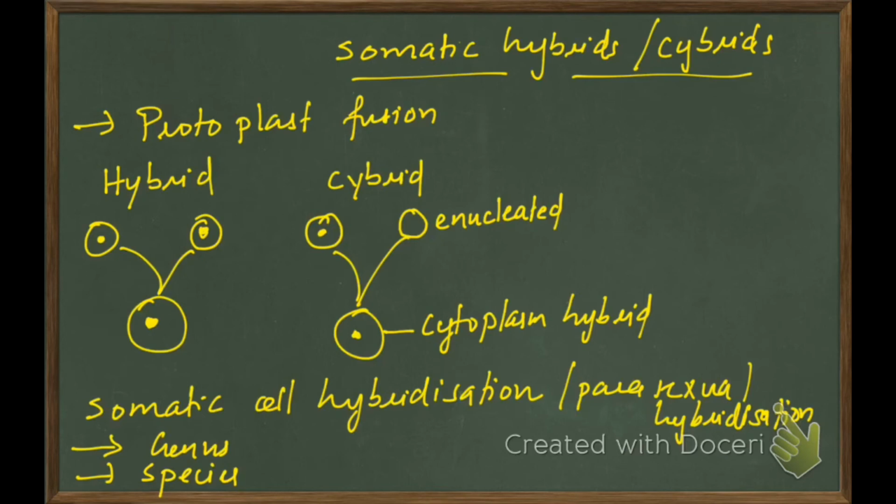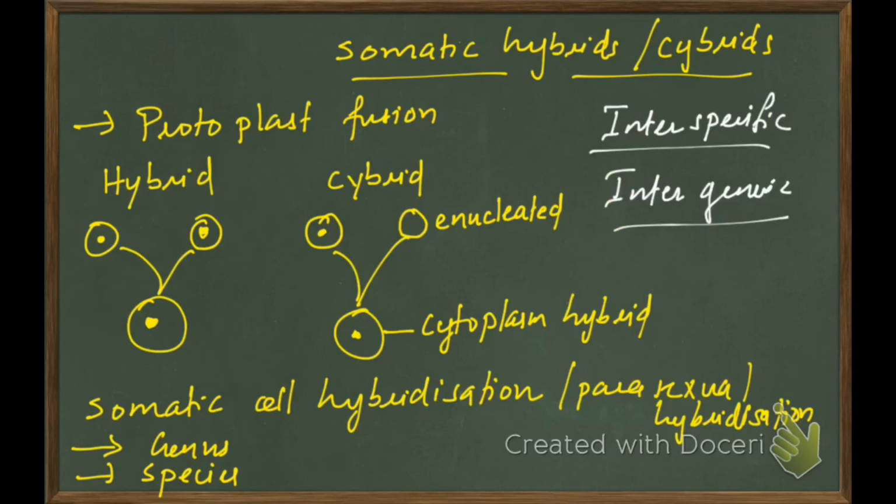This is very interesting: organelle transfer or organelle uptake. That means a cell into which we are introducing organelles of others. This can also be done by using plant tissue culture. These are also cytoplasmic hybrids. Okay, that means useful or beneficial cytoplasmic traits can be introduced to a cell by organelle uptake or organelle transfer.